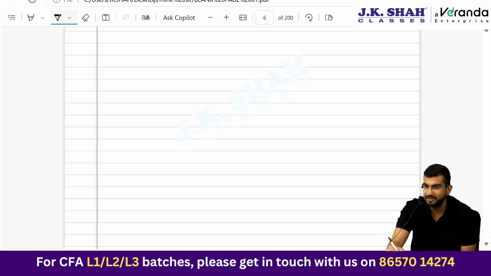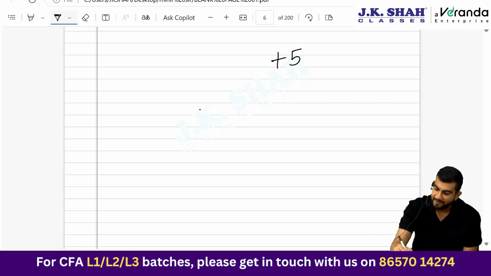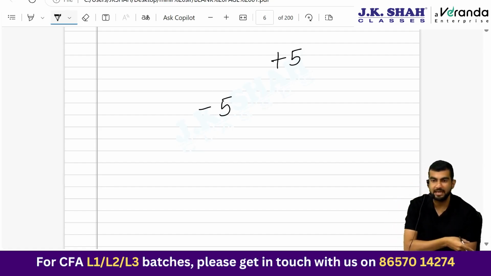Okay, now let's take a new case. If there is an upward revaluation of 5 in first year, let it go in OCI. But if there is a downward revaluation of 7 in second year, 5 will go in OCI, and over and above that 2 will go in P&L.